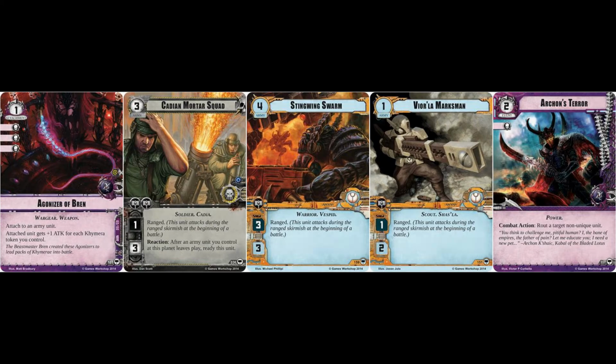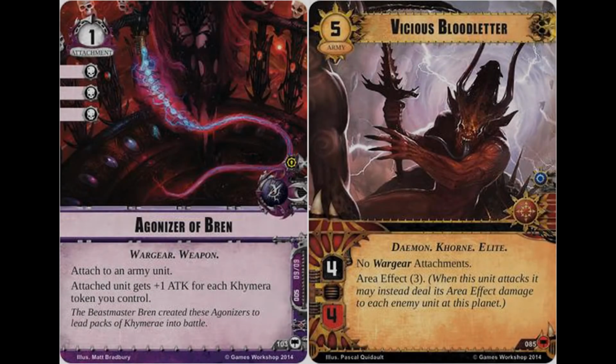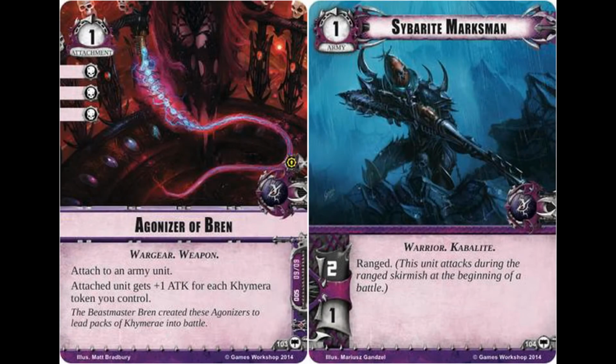If you're able to derive even a paltry benefit from this attachment, you could nevertheless destroy the likes of a vicious Bloodletter or other immensely dangerous units with only the smallest amount of preparation on your part. Even the enormously fragile Sybarite marksman could become enormously powerful with this card, if you do happen to have several of those tokens kept in play. And at the very least, you could nevertheless deploy this in a pinch to reap a tremendous benefit from that